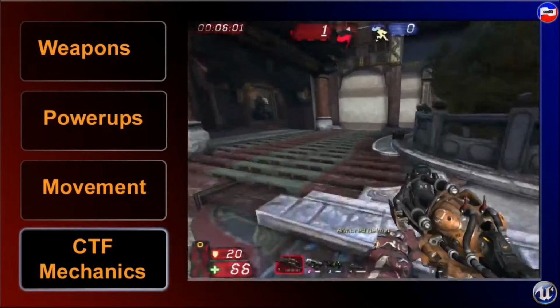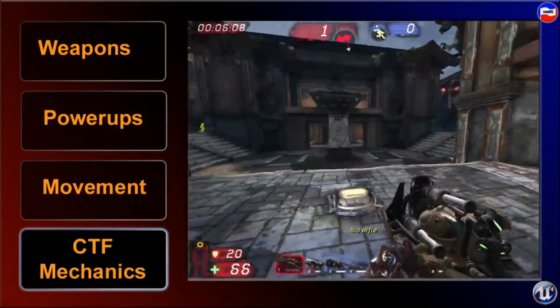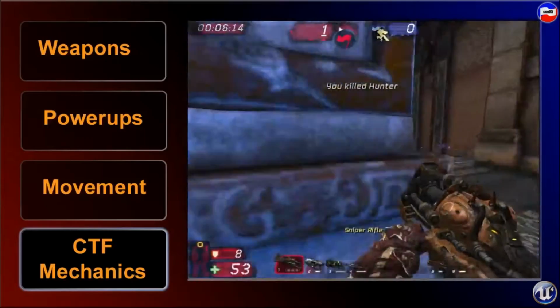And they did, of course, make it a little bit more like UT99 in that if you wanted to charge it all the way up, you could still do a pretty solid jump, and that would give you a pretty big boost. One thing to note too is that